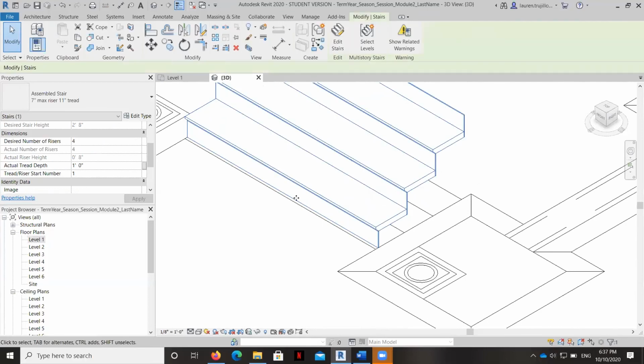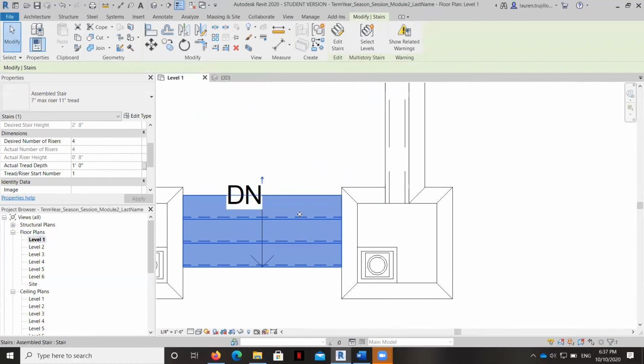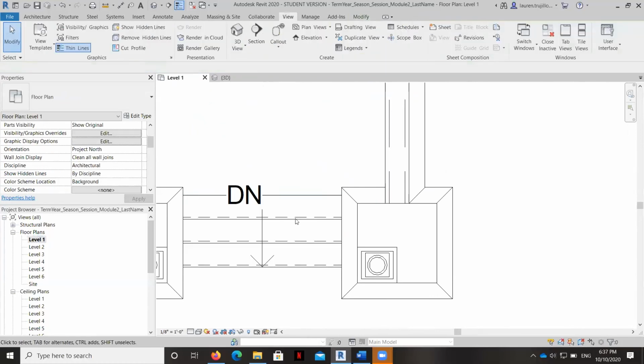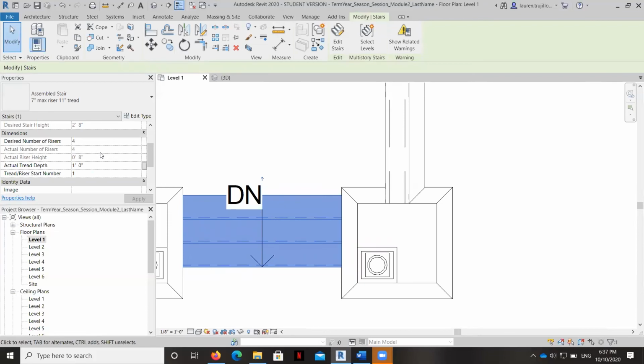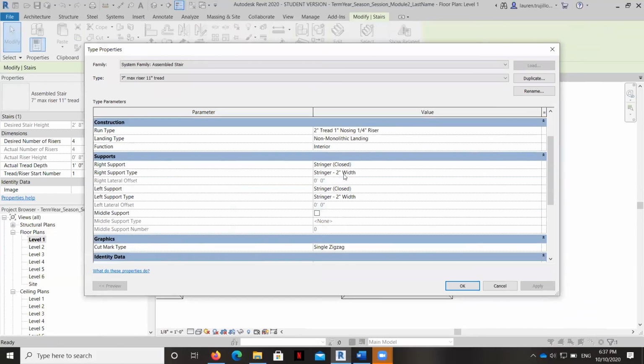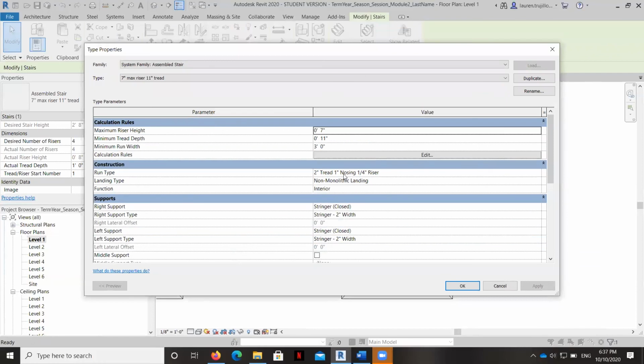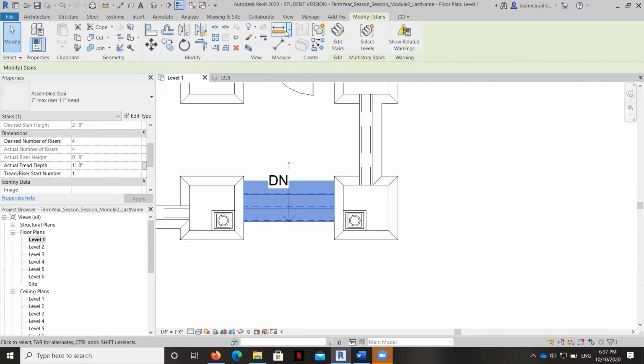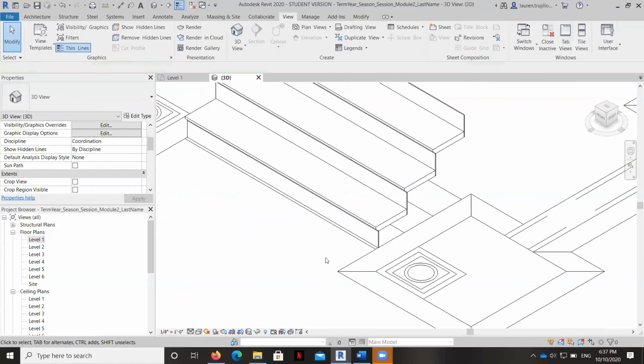We can go back to the plan view and edit the stairs. And we can mess even more with the overhang here if we hit edit type. There's all sorts of things that we can talk about. You can see the nosing, that's the part that hangs over the riser of the stair that gives it a little detail. So you can mess with all of this stuff if you'd like, but we're going to just leave it as is for right now. And as I said, when it's complete, your staircase should look just like that.